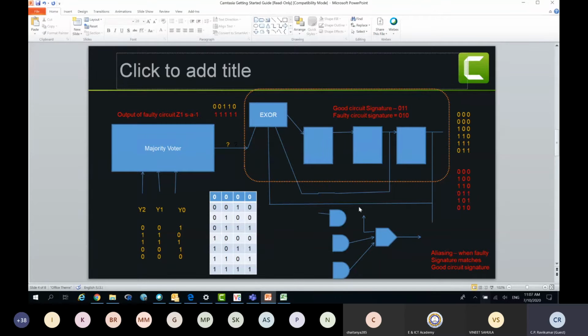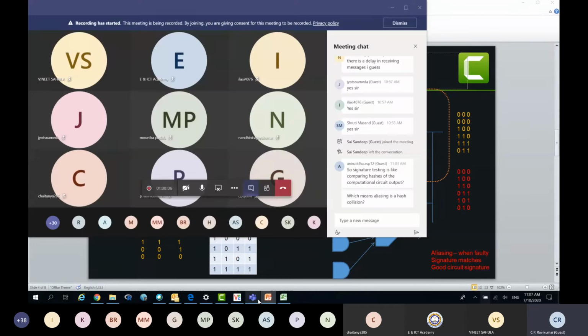You can do it in C language though. You could write a fault simulation in C language, but it's not an industrial solution. So that is the reason why we have languages like Verilog and System Verilog. Any doubts here? I will pause here and ask you to ask some doubts.